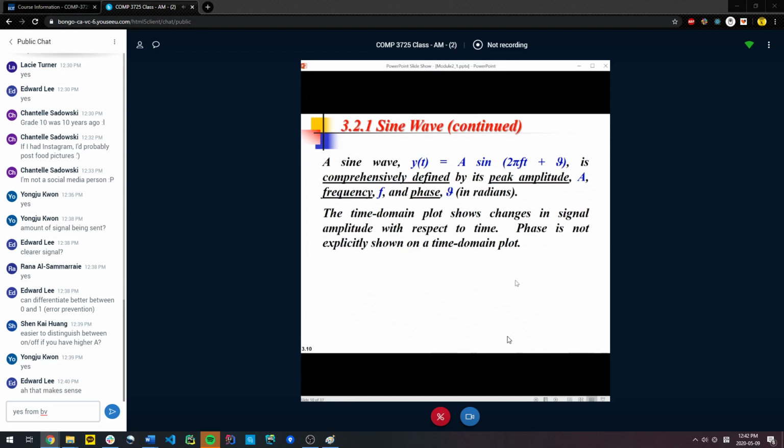Okay, so if I show you a time domain plot that I've been illustrating on the whiteboard, I have now a sine wave. We know fundamentally a sine wave is an up and a down. So the peak amplitude here is 5 volts, so A equals 5 volts. I need you to be able to extract that. Now, if all of this happens within 1 second, then the frequency is 1, 2, 3, 4, 5, 6 hertz, which is 6 hertz here. And then the phase shift is 0, because with respect to time equals 0, this now is starting at 0.